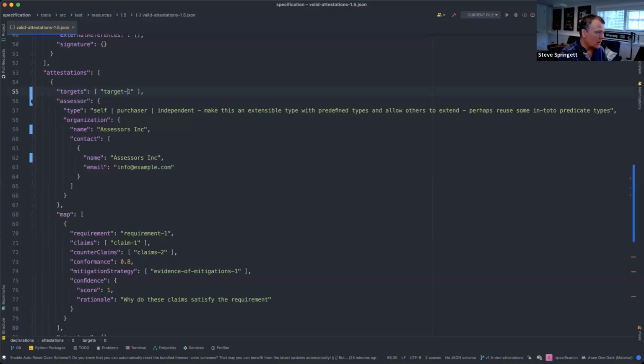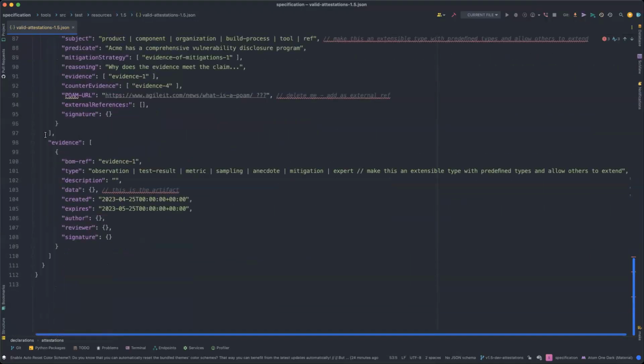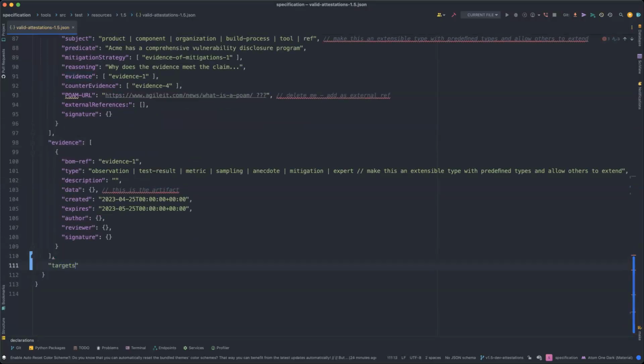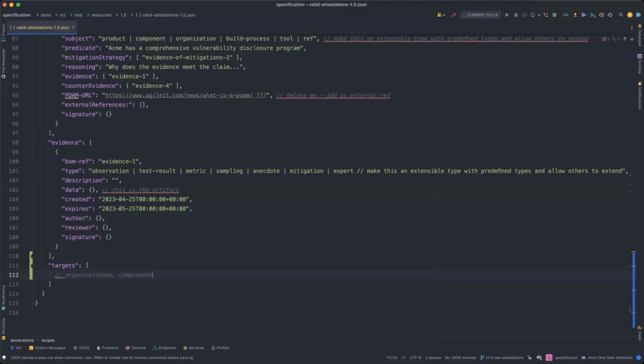Got it. And then we come down here, and this is going to be an array of components, oh wait, organizations, right? Well, it could be components, services, BOM refs.